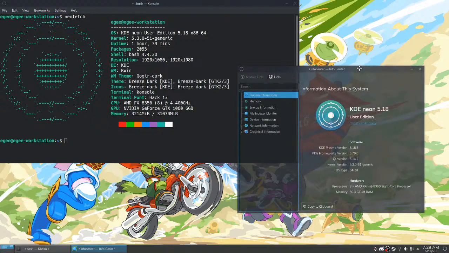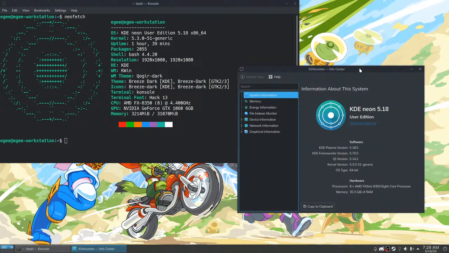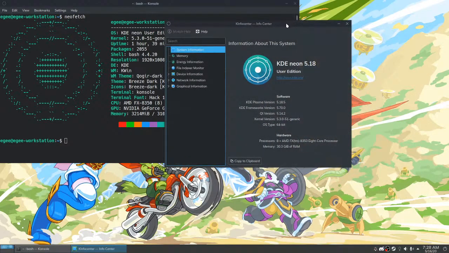So yeah, I'll talk about KDE Neon, the non-distribution, more in detail on the Distro Delves episode. But for this stream, I just want to show you what I've done to my desktop because KDE is a very interesting desktop environment. So this is KDE Neon 5.18 User Edition based on Bionic.